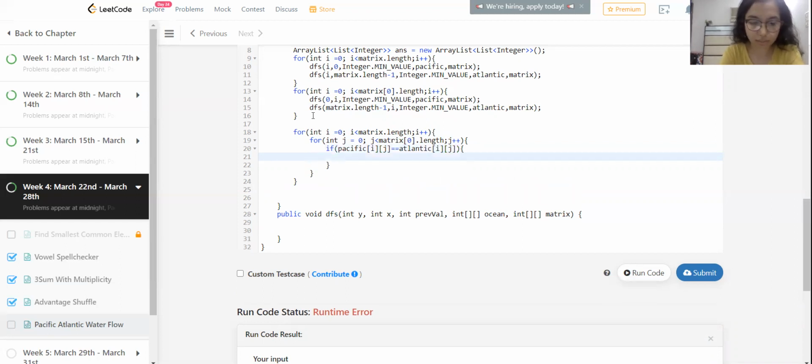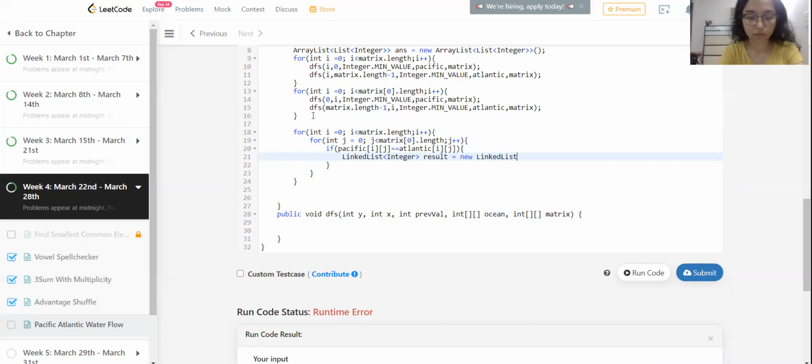If this is true, we'll create a linked list or an array list, anything will do, of int. Let's call this result, as we have taken answer before.